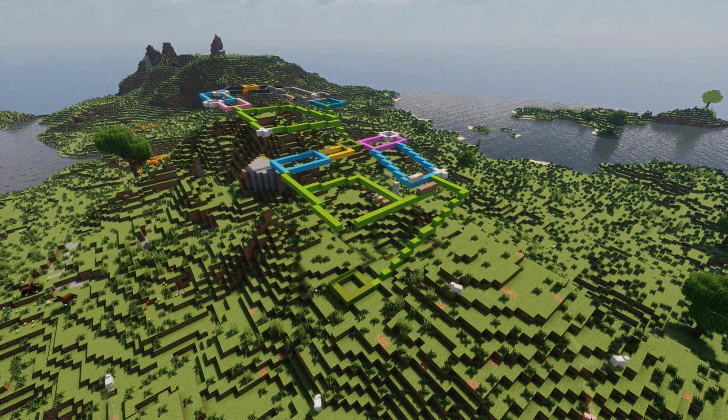Today we're building quite a large project, all in one go as well. I got it done, so yeah, it was alright. I would have liked to maybe put in some more details, but the video's already a little bit late, so yeah, a bit annoying, but oh well. But we're building a pretty large castle,